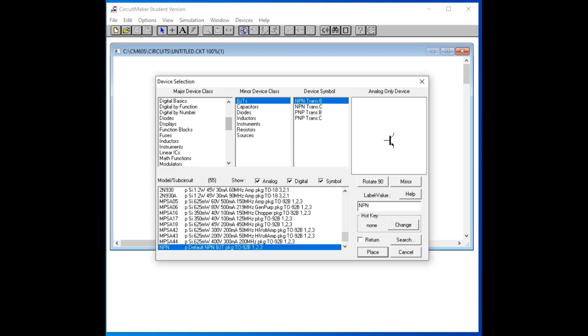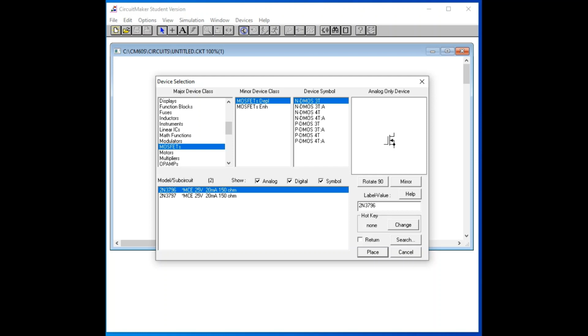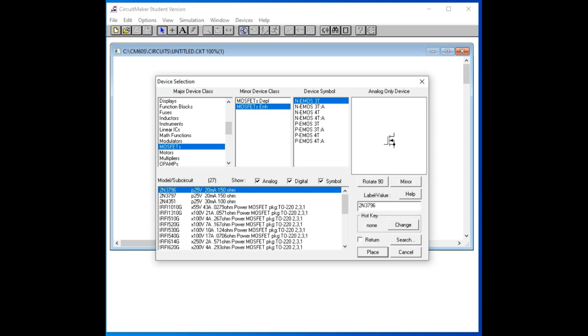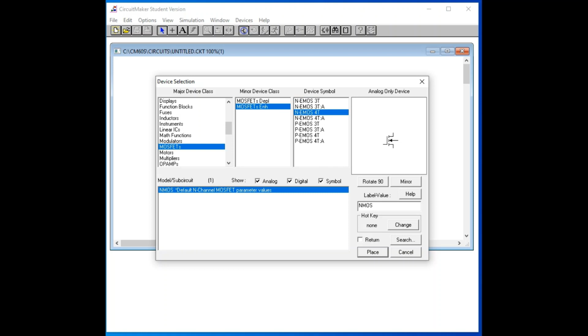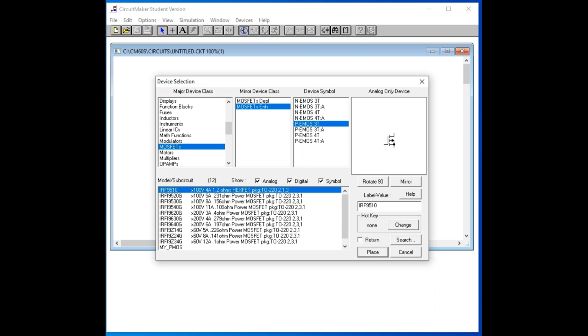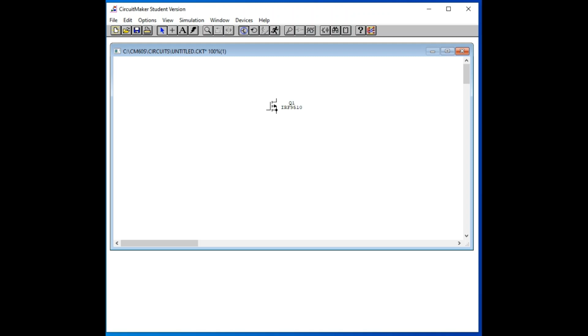So let's say you are looking for MOSFET, right? So you can look for MOSFET here. Then there is this depletion mode, enhance mode. You can choose one. Then you can have three terminal, the picture is shown here, or a four terminal where body is not connected to the terminal. So let's say we choose a p channel enhancement mode three terminal device. So we place it here.